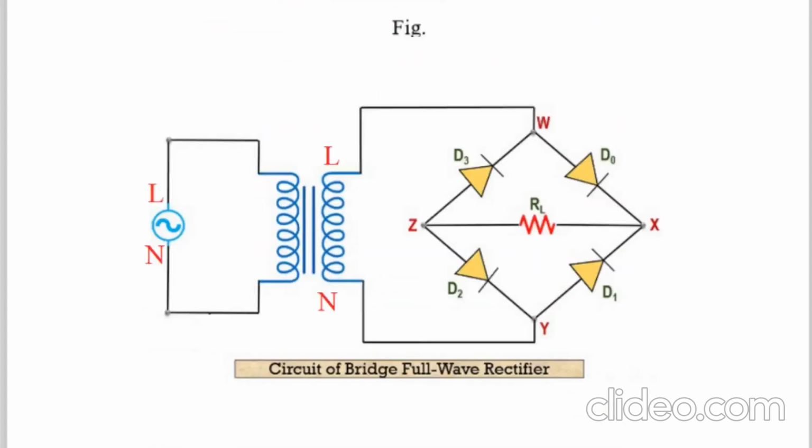Okay, now let us go to the bridge rectifier. Again, the same thing will happen. This is live, this is neutral. When live is positive, diode D0 will conduct, current will flow like this, then diode D2 will conduct diagonally opposite, and then this current will go to neutral. And when live is in the negative half cycle, remember neutral is electrically neutral.